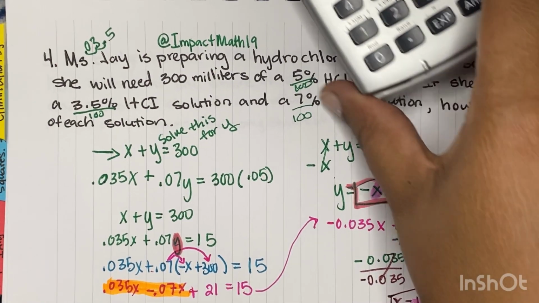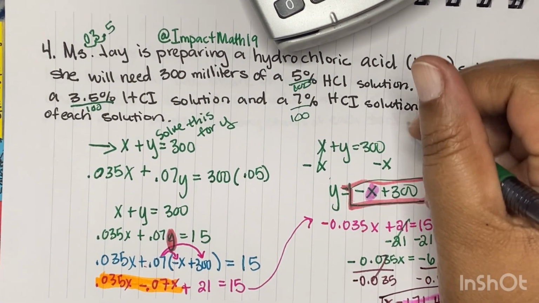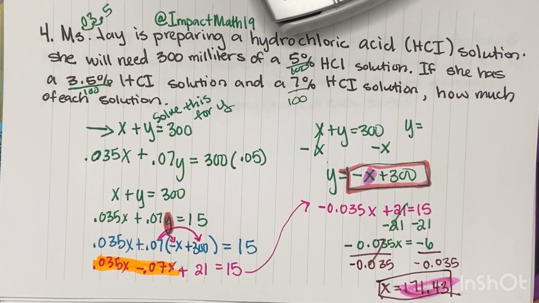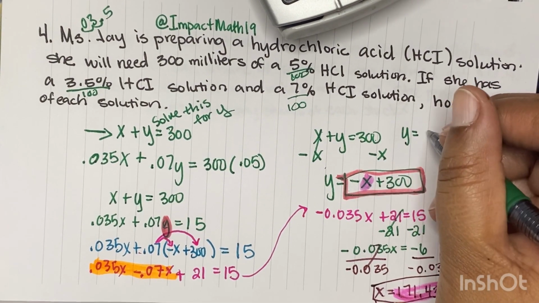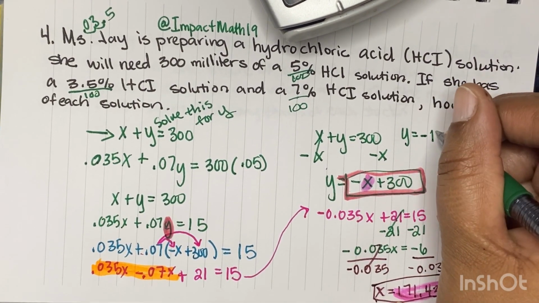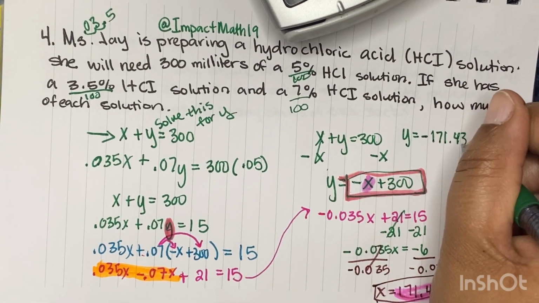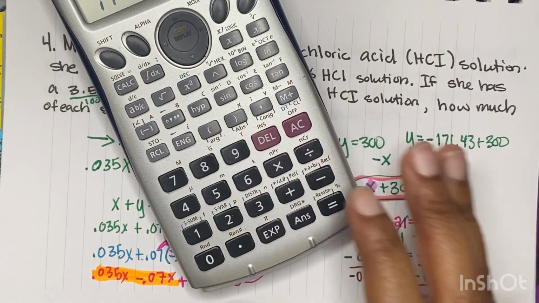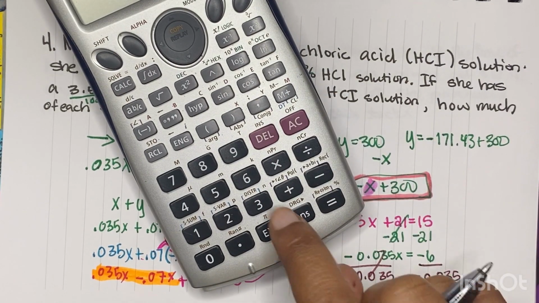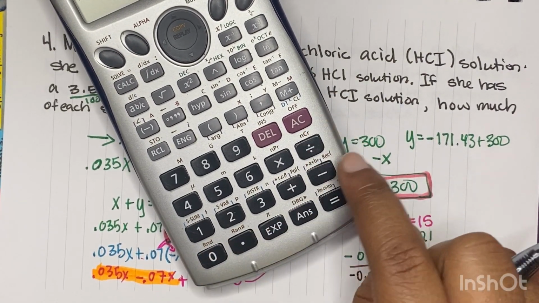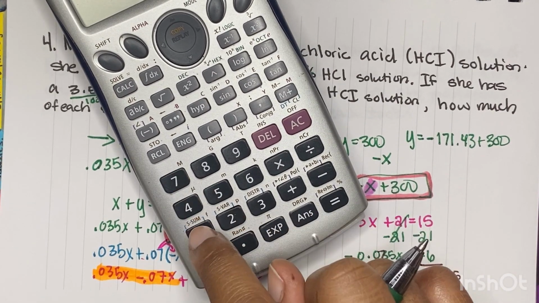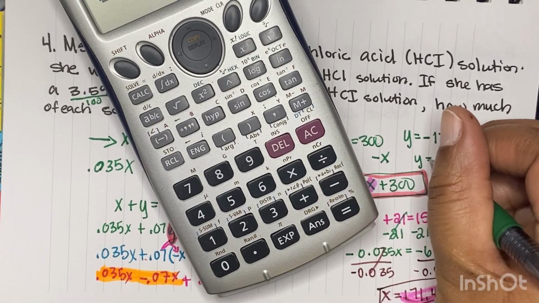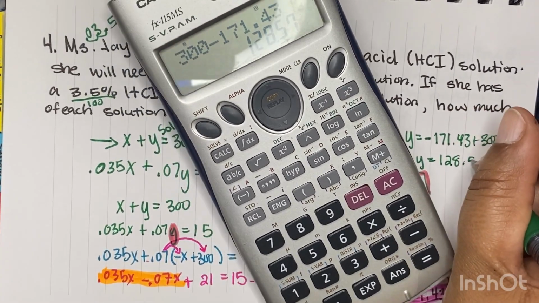So we have y equals negative 171.43 plus 300. And let's add, so let's do 300 minus 171.43, and we get y equals 128.57